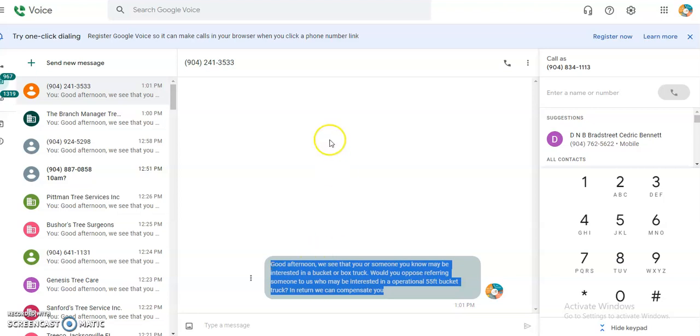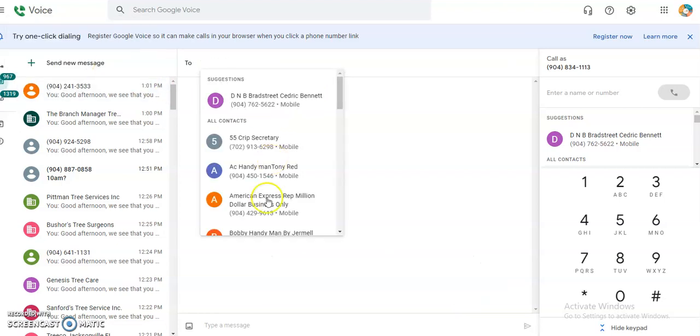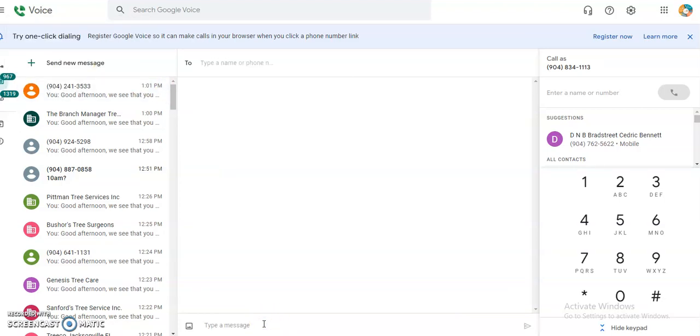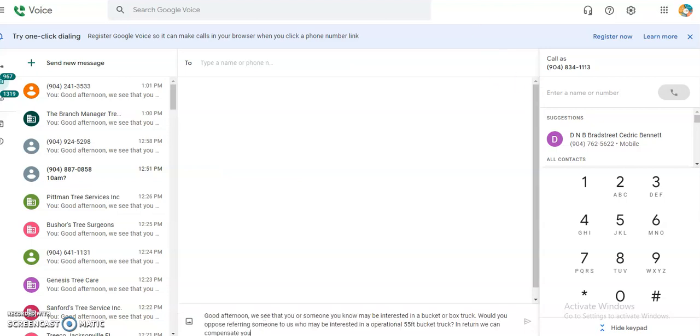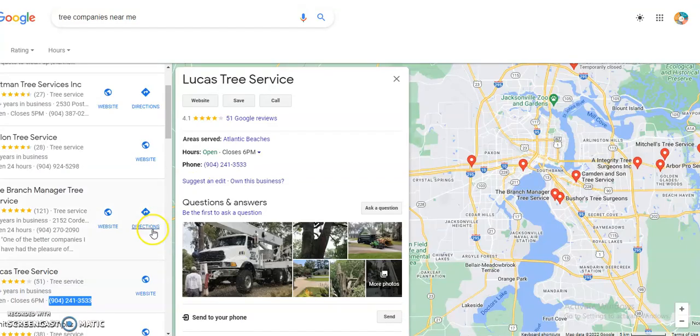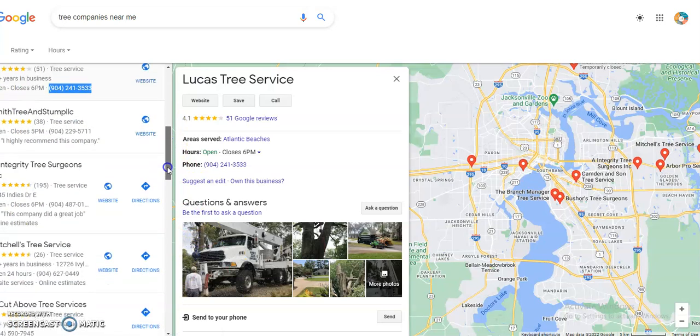So I'm going to copy the message again. I'm going to go back here to send a new message, paste at the bottom, go back to tree company, scroll down to the next one, copy here.